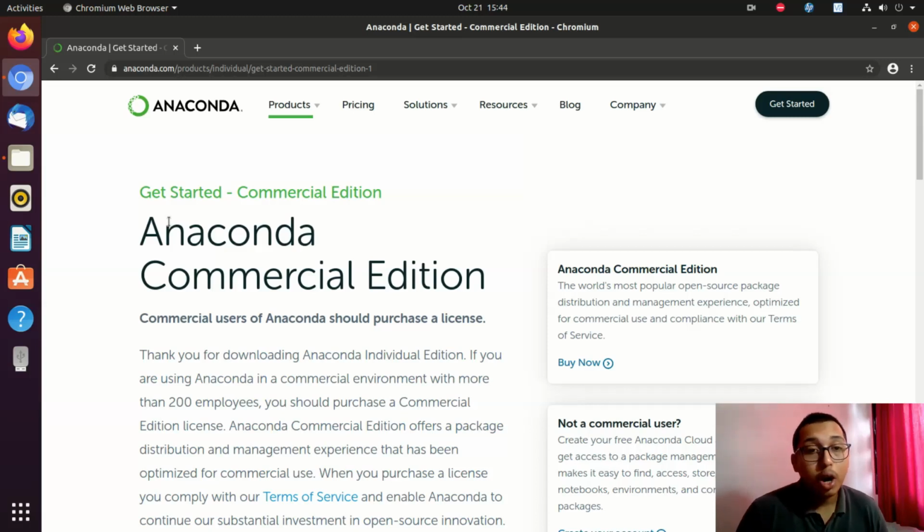Today I will be showing you how to install Anaconda on Ubuntu. There are tons of videos out there that teach the same, but in this video we will be seeing how to install the GUI version, Anaconda Navigator, on Ubuntu. So when Anaconda is providing the GUI version, why should we remember all the Conda commands when we can get half of the work done with just a few clicks?